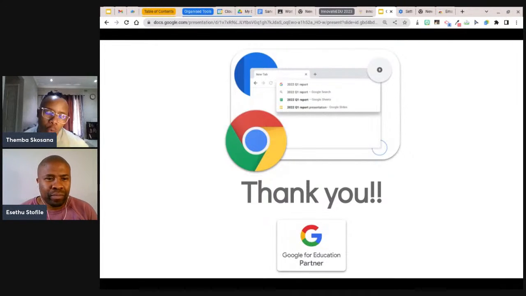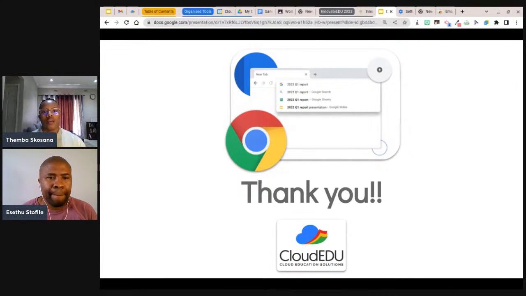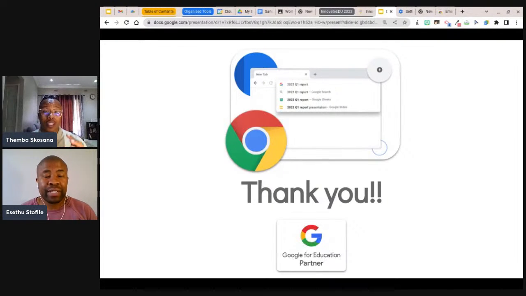That's a very good question. So the first thing that you need to understand is that when it comes to settings of the device itself, if there's a certain setting, not within the Chrome, but on the device, that stays on the device. But when you're speaking about setting up your Chrome and those settings in the Chrome, your bookmarks, your reading list, all your web pages that you've saved, all the content within your drive, if you are using the Google Workspace platform or any other platform, all of that follows your profile,